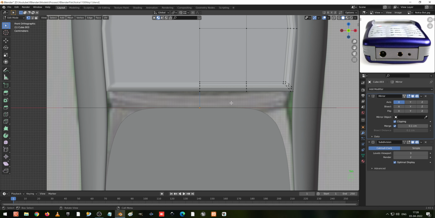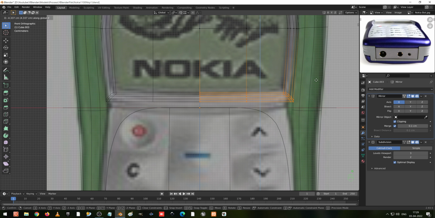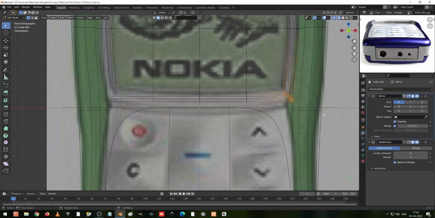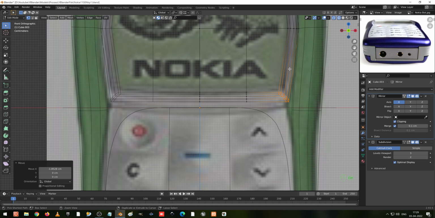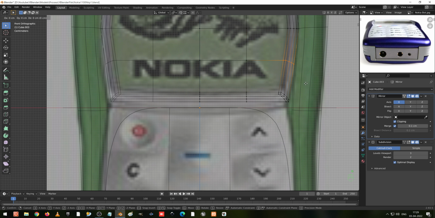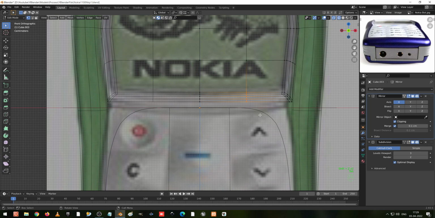So what I'm going to do is go to the wireframe, select everything in the bottom, and GZ to move, and select this, GX to move slightly here like this, and add one edge loop here. And this one I'm going to move, GX to move, select this and GX to move, so then only it looks covered. Now go to edit mode and select this, and you can see